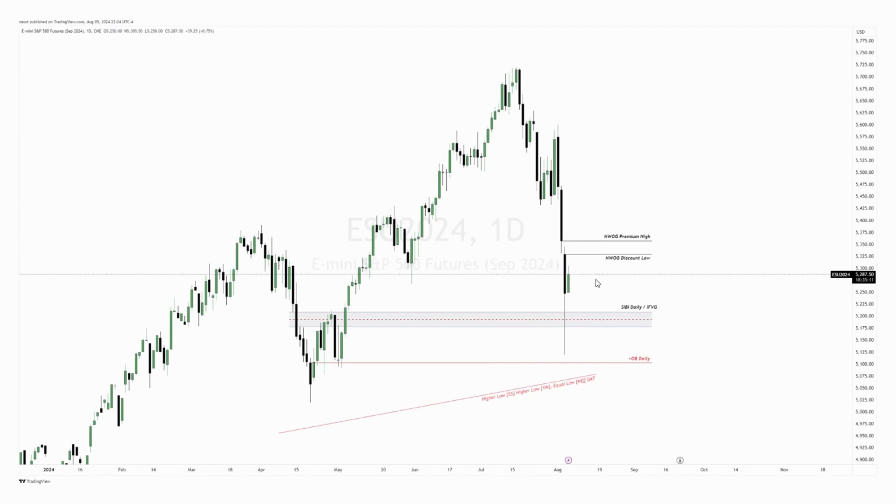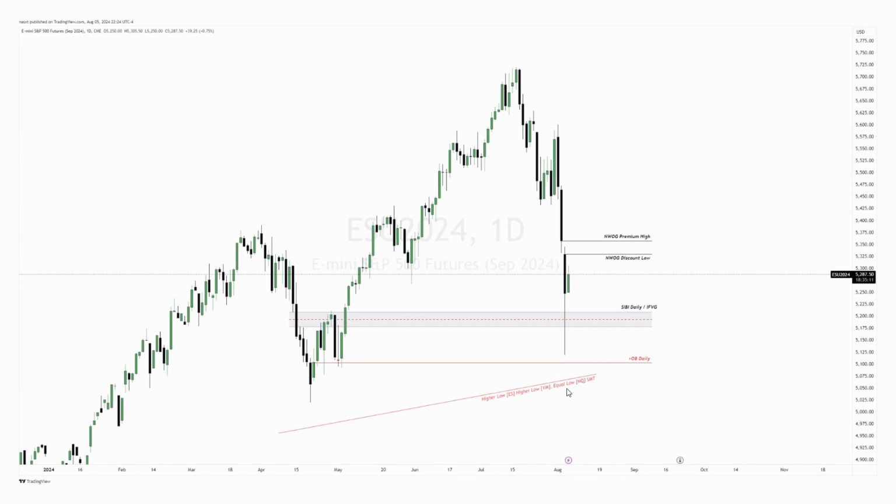But for now, what I'm expecting over the next couple of days is a little trade higher, kind of working this new week opening gap. And then I want to see how it reacts there. I want to see it stay heavy and then roll over and use this weekly trading range. So if you guys are following along, I would map out this range in quadrants: the upper quadrant 25%, the 50, consequent encroachment, and the lower 25, and see how price trades there along with the inversion fair value gap on the daily. And my draw is the order block on the daily as a sell side liquidity draw, as well as the old low here. So that's my daily outlook on ES.